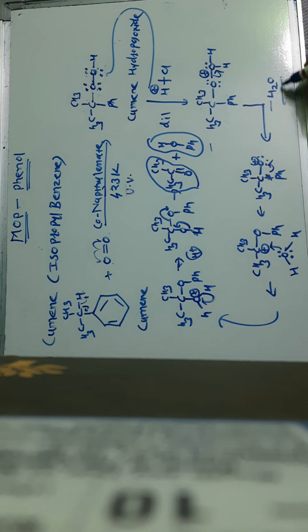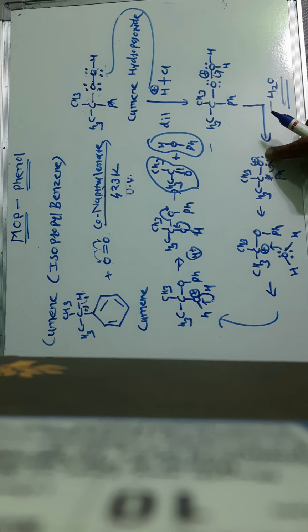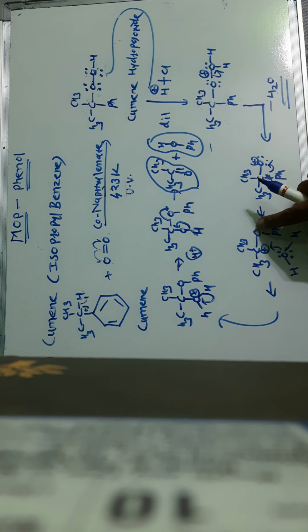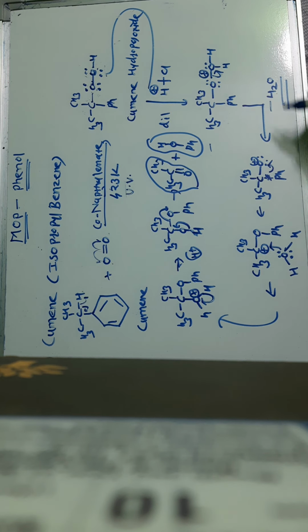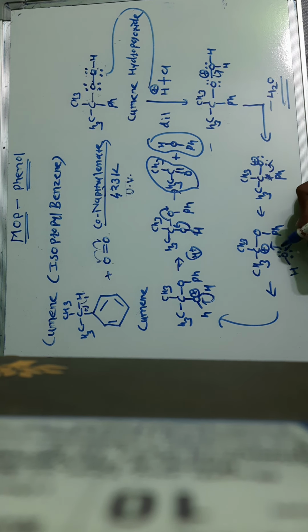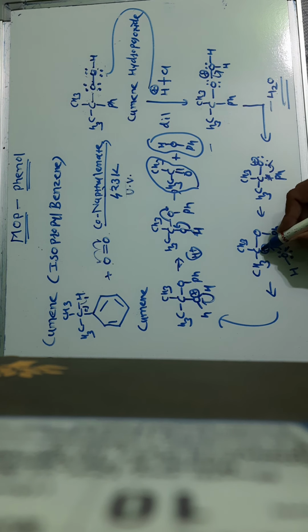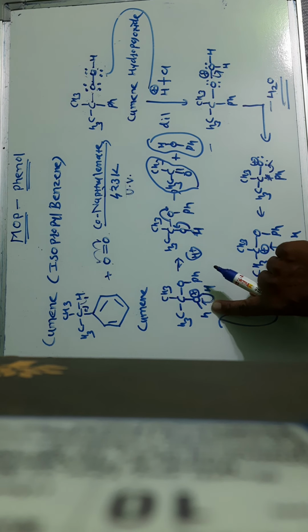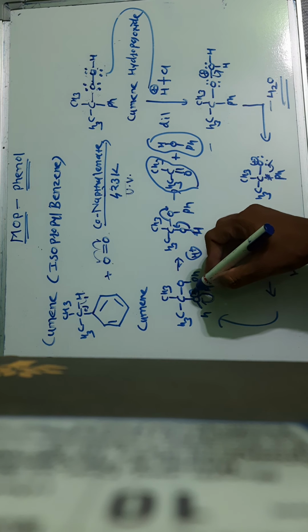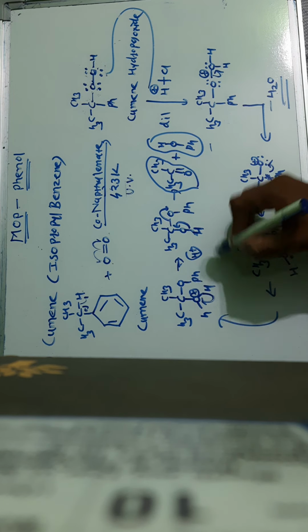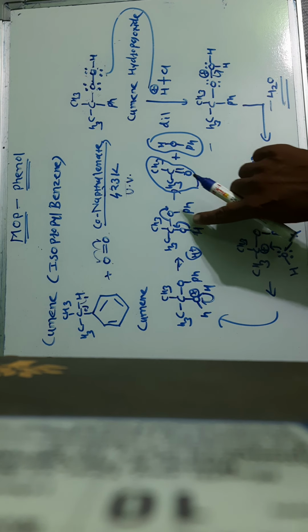Okay, there is a removal of the H2O molecule, and now this oxygen has a positive charge. So to satisfy this oxygen's positive charge, the phenyl group shifts from carbon to the oxygen atom, and we can form this type of species. In that case, the carbon has a positive charge and there is the presence of water molecules, and oxygen having a lone pair can support the carbon to minimize its positive charge by donating electrons. Now this species can be formed. Then finally, this oxygen having a positive charge requires electrons, and it can remove the H plus ions by abstracting the electrons, and there is a formation of an OH bond.